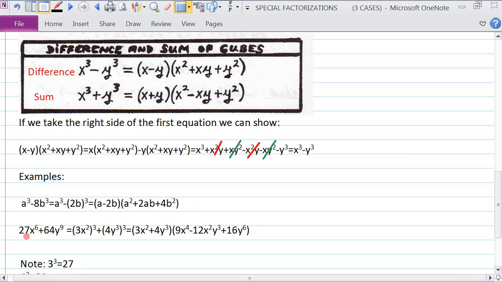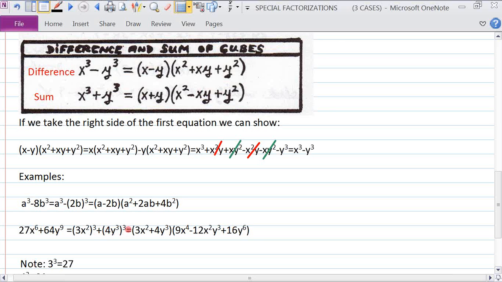So similarly, if we take 27x to the 6 plus 64y to the 9th, 3 cubed is 27, and x squared times the power 3 out here, 2 times 3. We multiply these two together, we get the x to the 6. So 3 to the power 3 gives us 27. This to the power 3 gives us x to the 6, plus